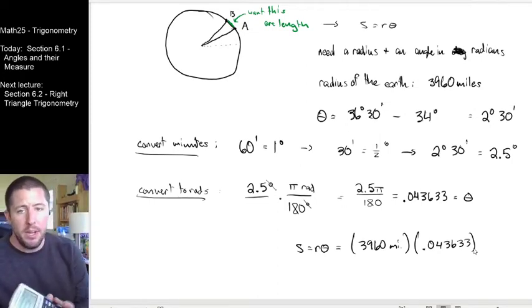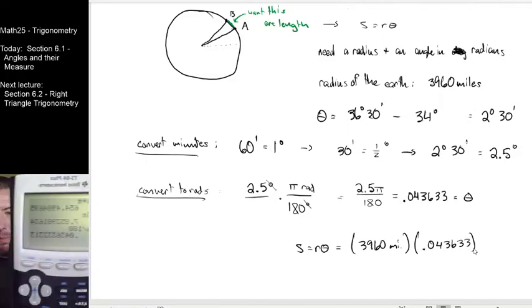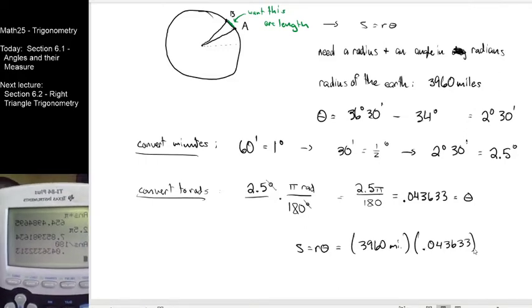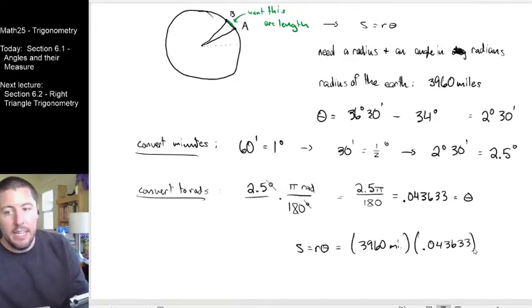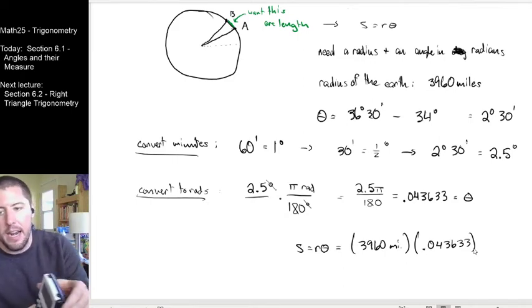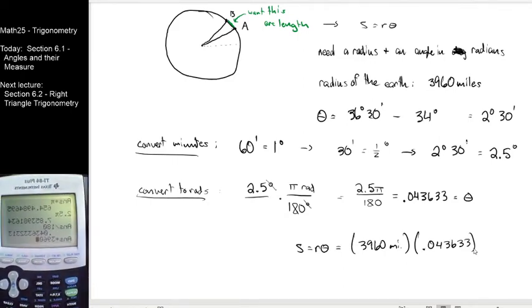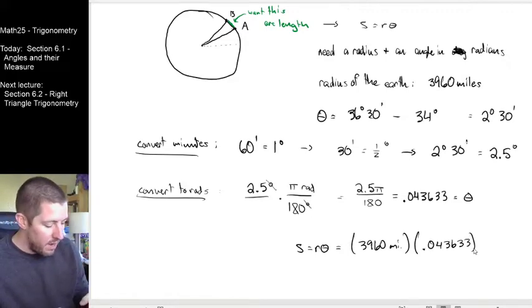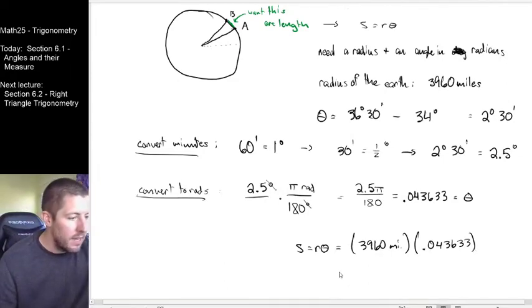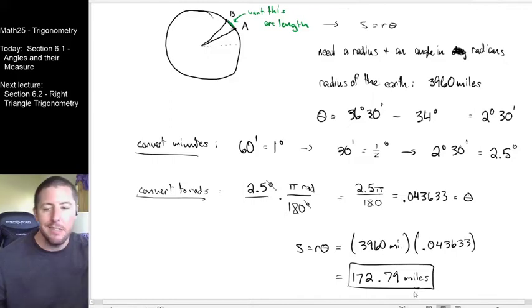And by the way, when I'm looking at this in my calculator, I know it's flipped for you guys, but I'm sure you can sort of see what I'm seeing right there. There's my 0.0436 that's in there. It is my old value in the calculator. So I'm just going to hit times 3960, and again, I know it's flipped, but I also think that you can kind of interpret my flipped calculator right there. So really in my calculator, I'm actually keeping every decimal that my calculator gave me here, and this is going to tell me that it seems like there is 172.79 miles is the distance between these two cities